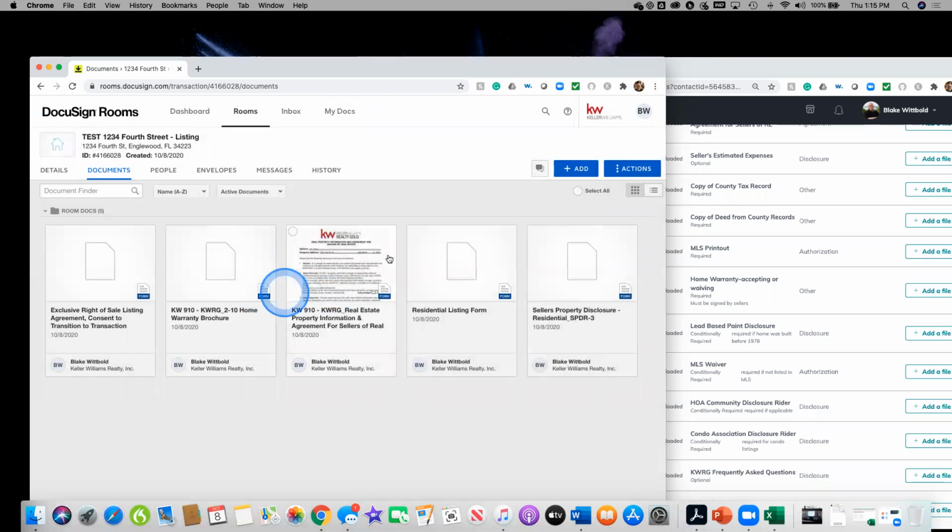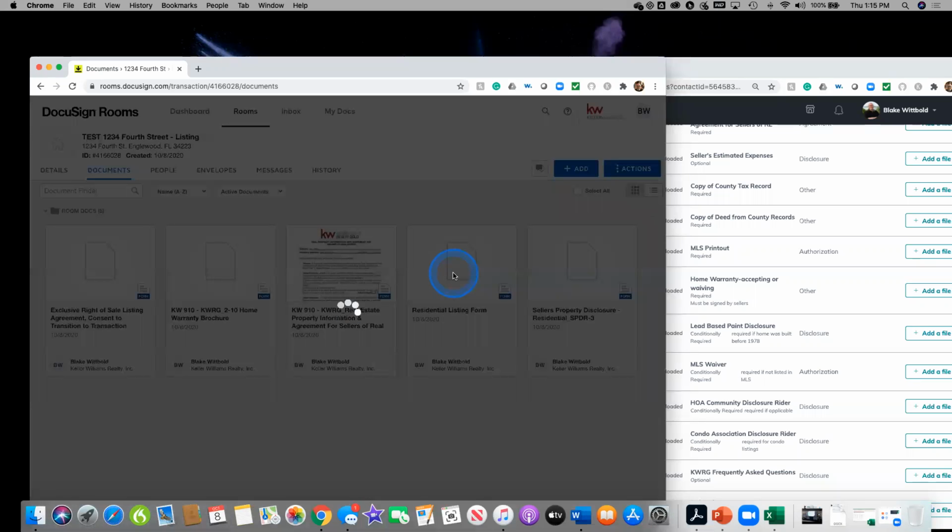And then I would go through and do the same thing for the rest of my paperwork. Home warranty brochure isn't going to have anything for me to fill out. Neither is this one. Residential listing form will. We're not going to go through that because that's a very long form, and so is this one. So it's the same process, though. Like if I were to open up my residential listing form,